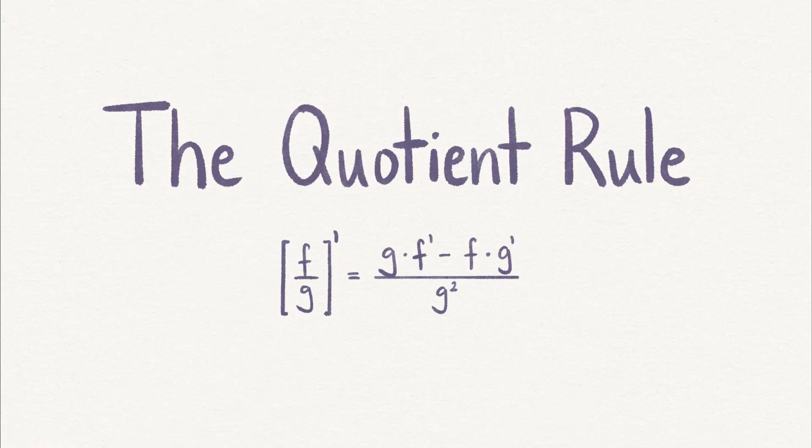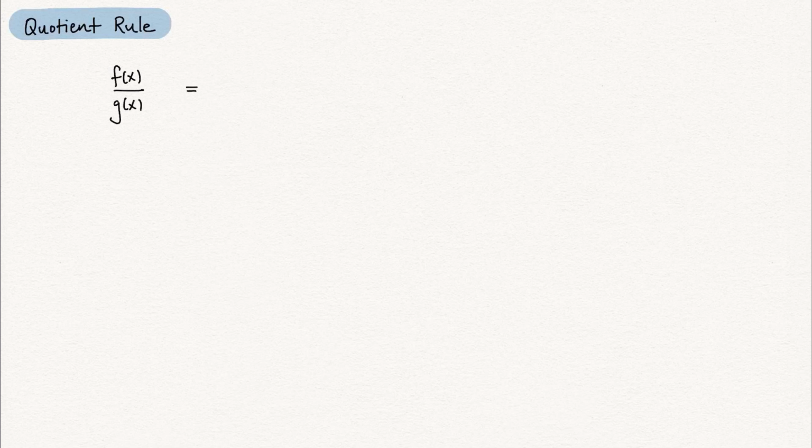My name is Peter, and today let's talk about the quotient rule for taking derivatives. As the name implies, the quotient rule is meant for taking derivatives of functions that are themselves quotients. For example, if we have a function that can be represented as f of x over g of x, where f is our numerator and g is our denominator, then the quotient rule says that the derivative with respect to x of f of x over g of x